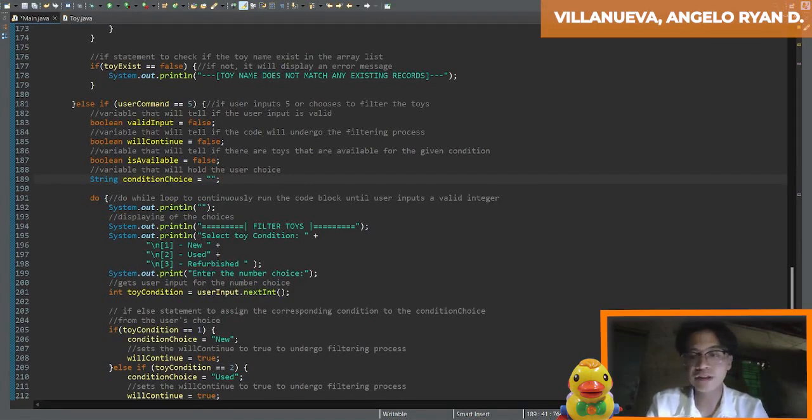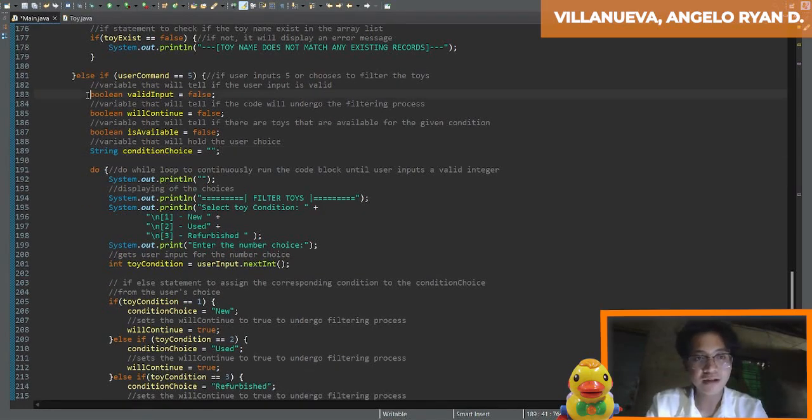So first, for option 5, the user can filter toys based on their condition. It's either new, used, or refurbished. In the first part of this code block, there are three Boolean variables. The first Boolean variable is valid input, which tells if the user input is valid. Next is the will continue Boolean variable, which tells if the code will undergo the filtering process.